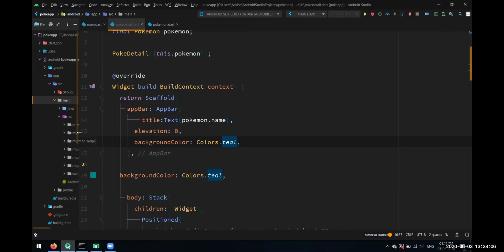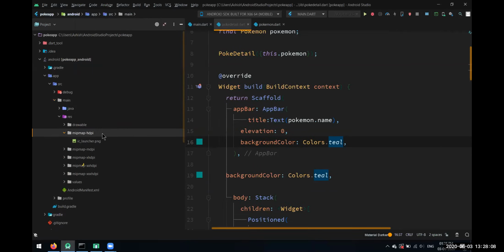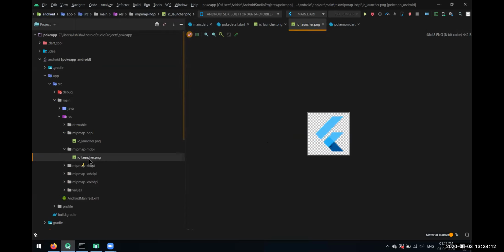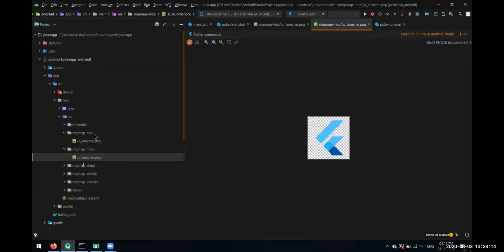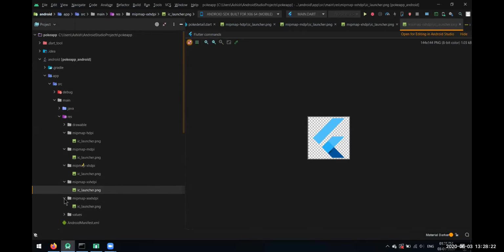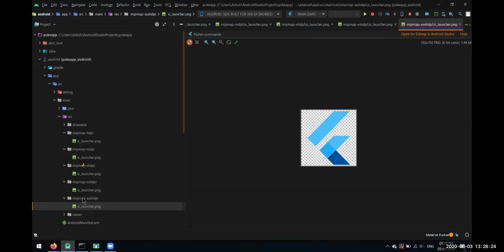Here you have mipmap-hdpi. It has the launcher logos for various types. Inside this mipmap folder, you can specify whatever icons you want to give. Here they have given the icons for different sizes, five different sizes for that icon. You can go here and give it a customized icon.